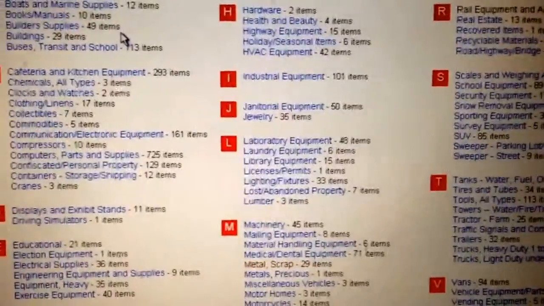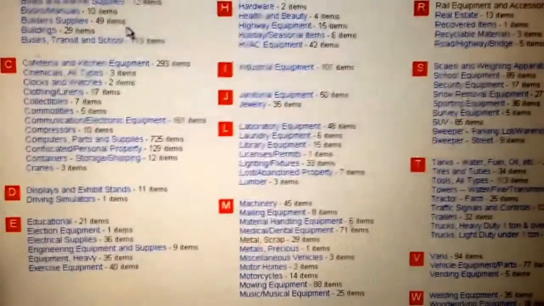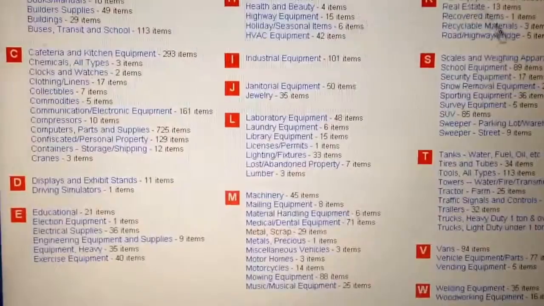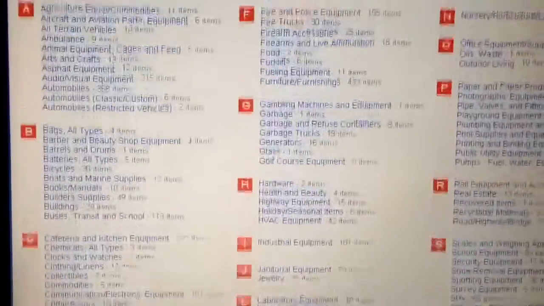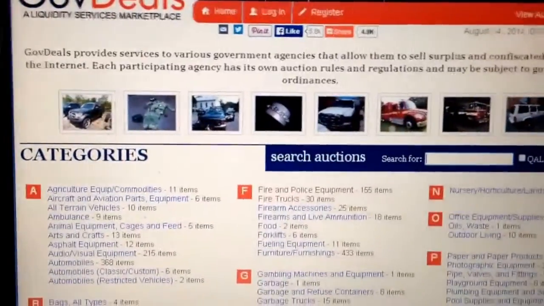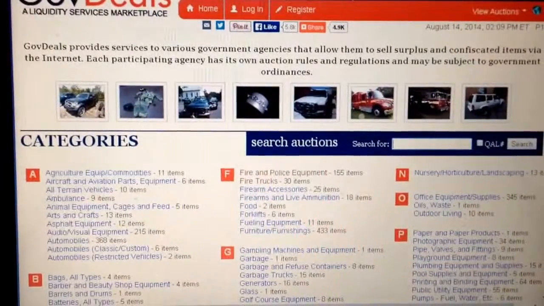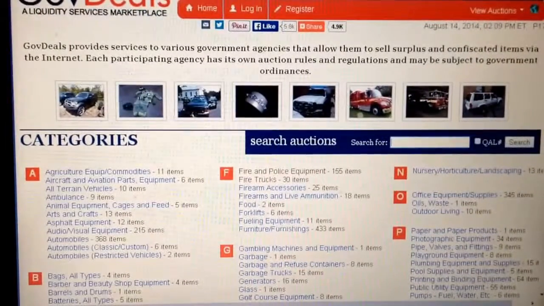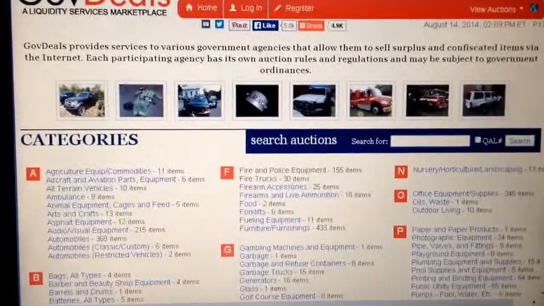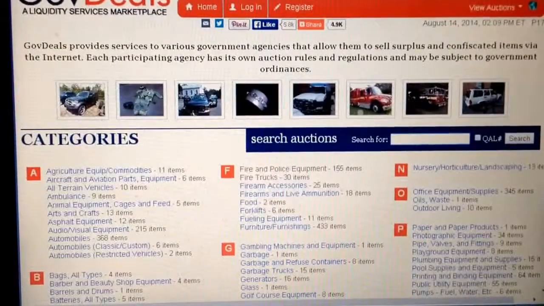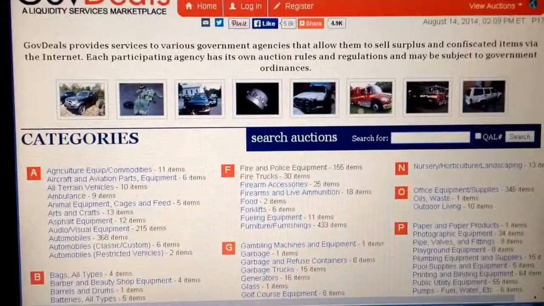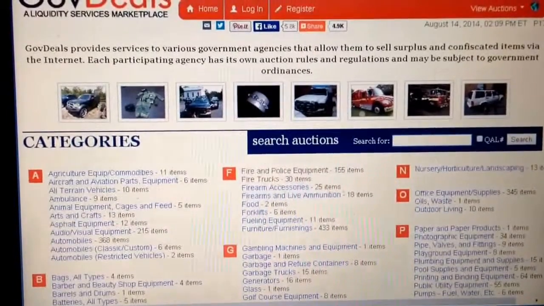just everything. I mean, I bought my truck off of here, and I gave $1,100 for it, and it had all the equipment on it. And I'll be showing you that truck in just a little bit and show you how I got my truck to wind up for free. So that is GovDeals. Now another government auction is